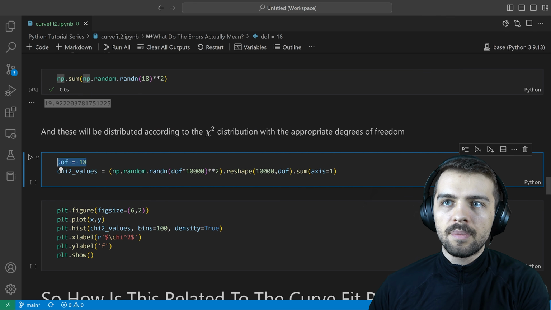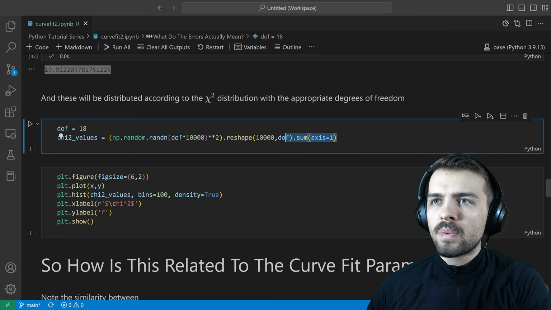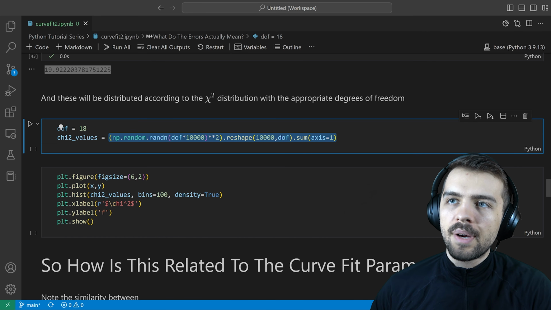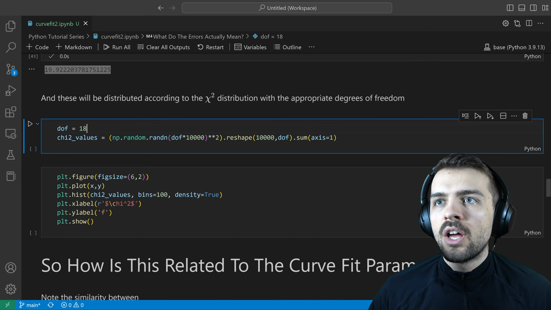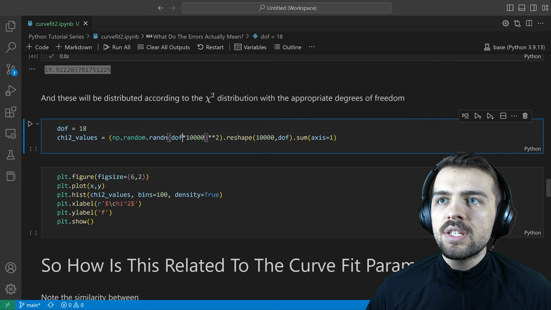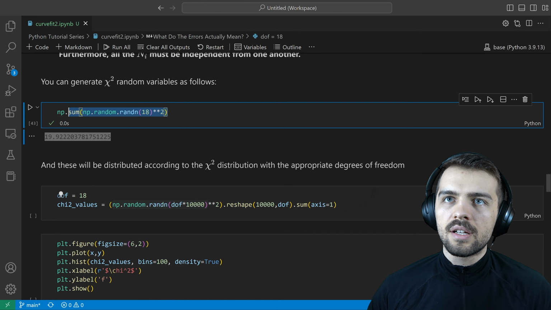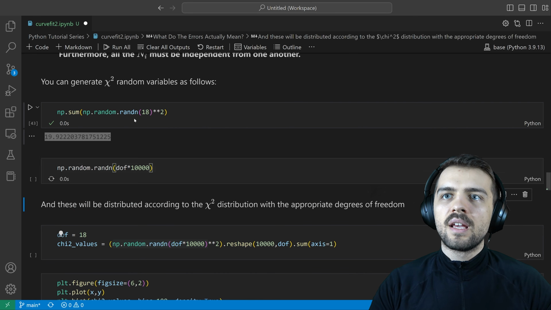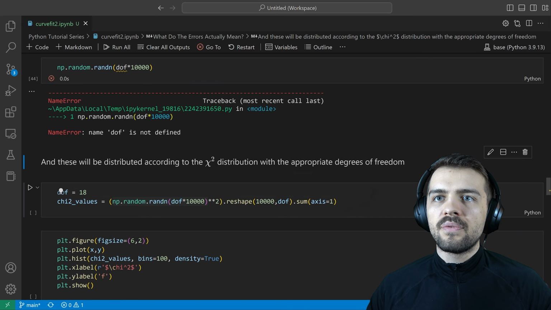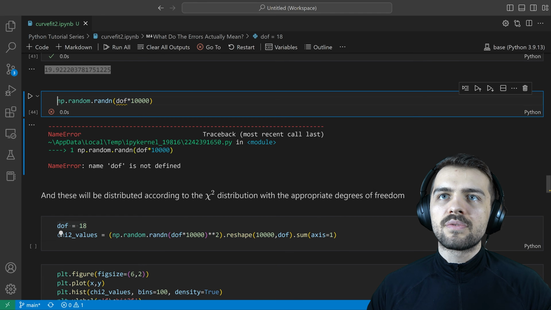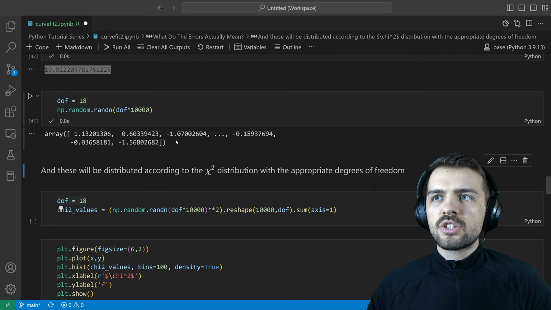So I'll set the degrees of freedom to 18. So you might be confused what I'm doing here. This is a really cool operation, by the way, so I'll go into exactly what's done. So here I'm creating degrees of freedom times 10,000. So if I go like this, it's going to give me a lot of numbers, right? Let's do it below here. Degrees of freedom not defined, so let's define 18 degrees of freedom. So this is going to give me, I don't know,